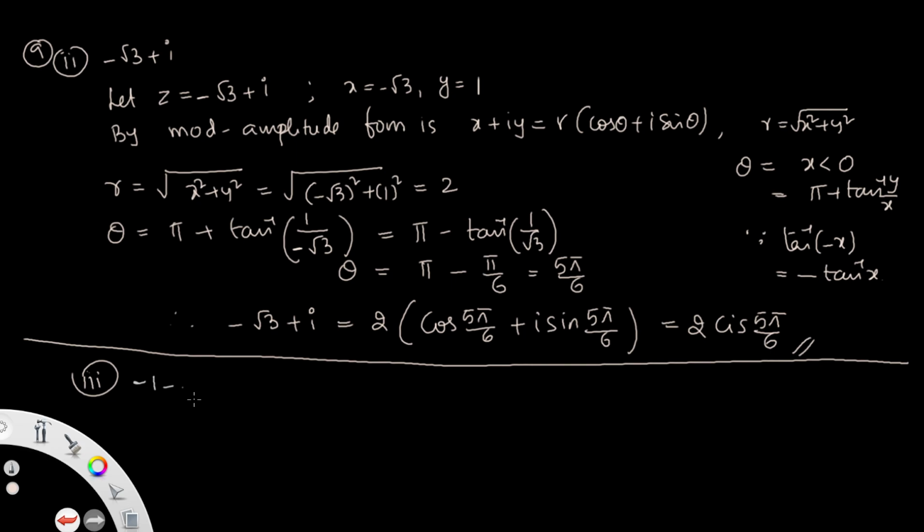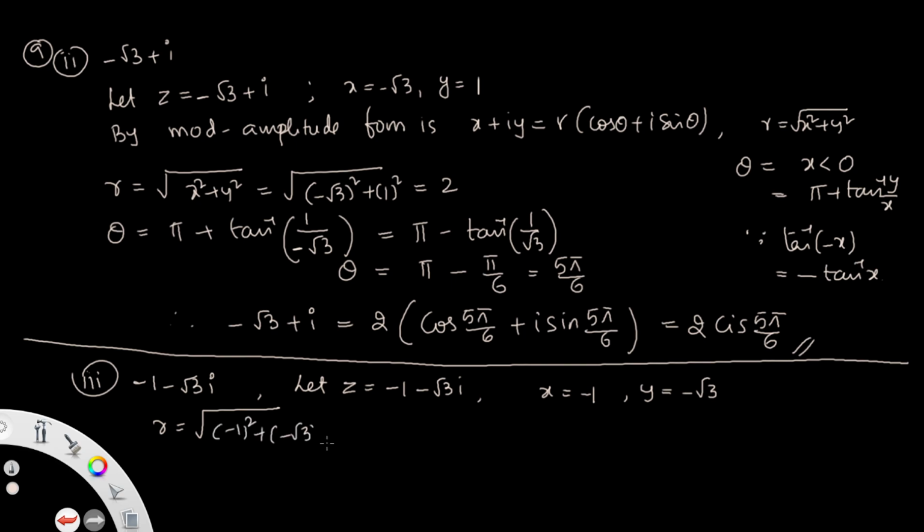Minus 1 minus root 3i. So here also let z equal minus 1 minus root 3i. Here x equals minus 1, y equals minus root 3. So the amplitude form is x plus iy equal to r into cos theta plus i sin theta. Now find r equal to root over x square, minus 1 whole square plus minus root 3 whole square, that is 2. And here theta: if x is negative, you should take pi plus tan inverse